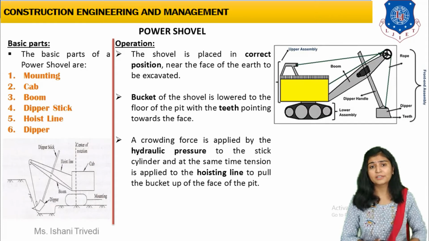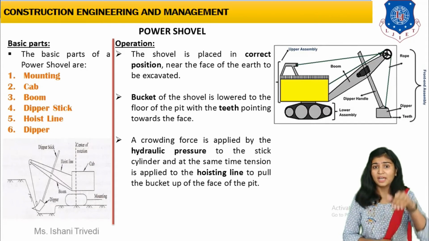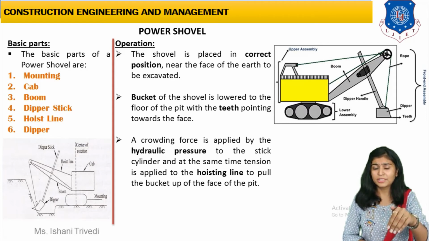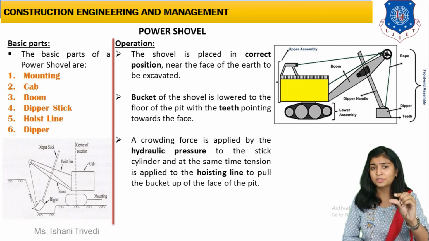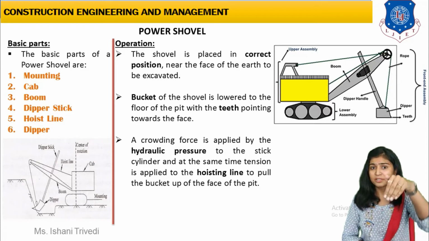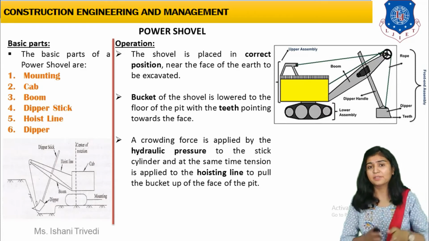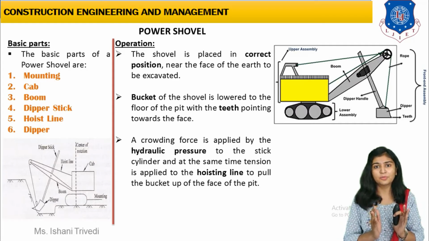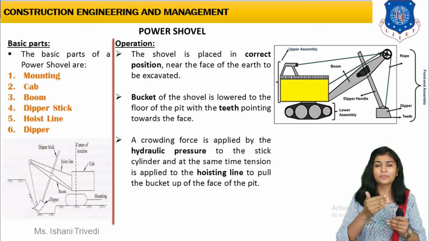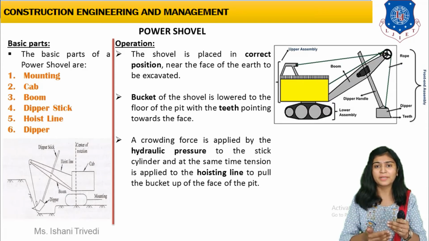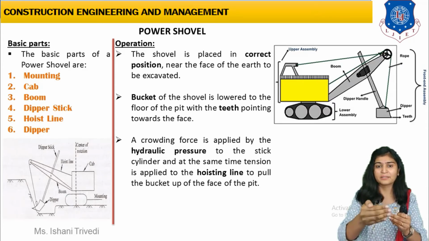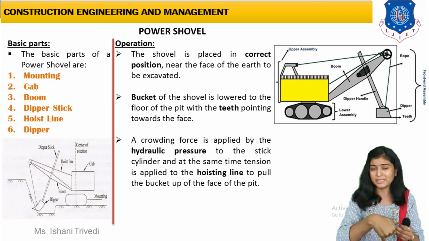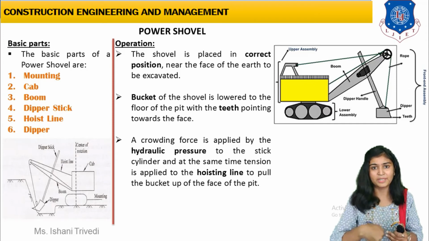It will be hydraulic or cable operated, and the arm, that is the boom, will be lowered, and the teeth of the dipper, that is the sharp blades of the dipper, will be pointing towards the face of the cabin. Meaning if I am operating it from over here, this is my operating equipment, then from the cabin I will have the arm facing towards me, towards the one who is operating, right?